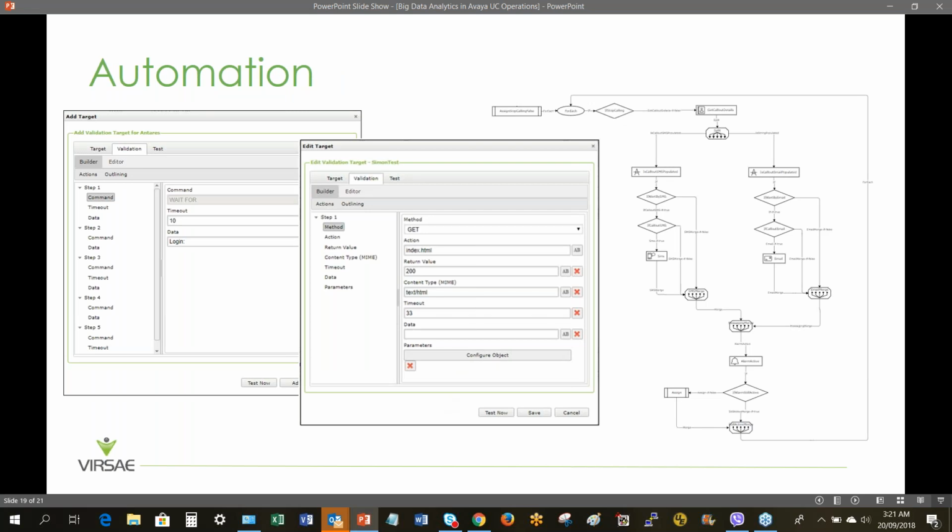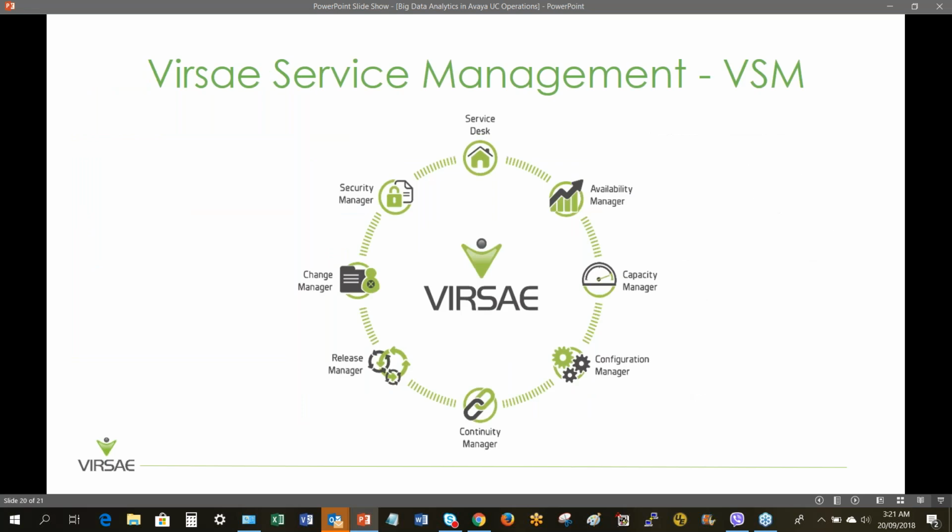This screen just shows the automation, so the ability for customers to come in and set things up themselves, and then to automate responses is there through a graphical UI. We can help with that, or business partners can help with that. Or if you've got the internal capability, you can do it yourselves.